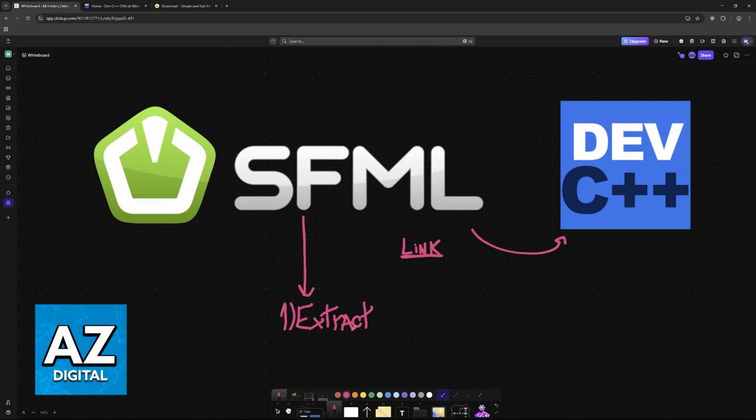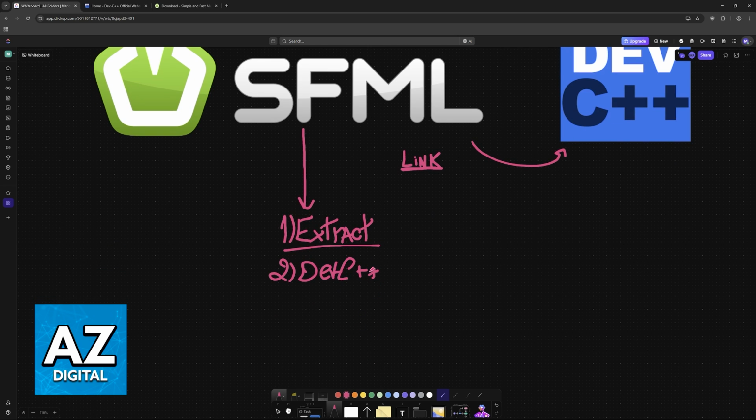Once you have extracted, configure the Dev C++ project options. Go into the project options for Dev C++ and find the compiler options. Inside of the compiler options, you will be able to browse through the folders on your computer and add the SFML header files, so .hpp. Find these files and add them using the C++ Directories tab.